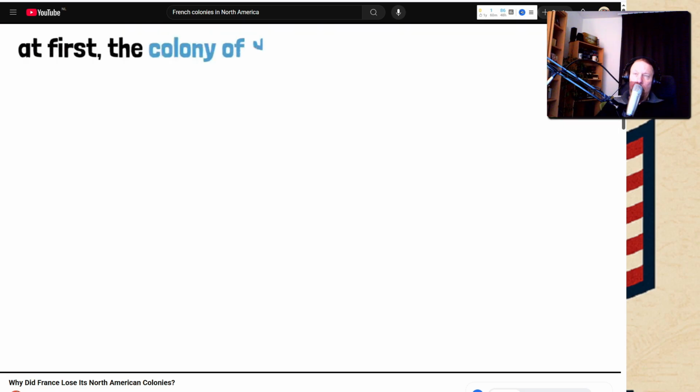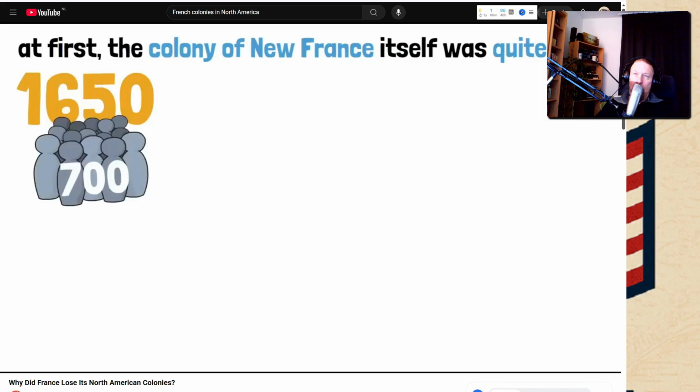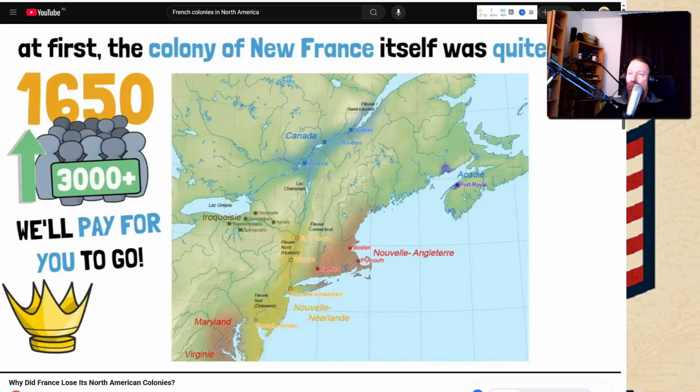Despite the impressive looking map and the wide reach of French influence, the colony of New France itself was quite small. By 1650, it only had 700 colonists, and because of this, the French crown began paying for passages and offered other incentives to those willing to move to New France. After this, the population grew to about 3,000, taking more direct control